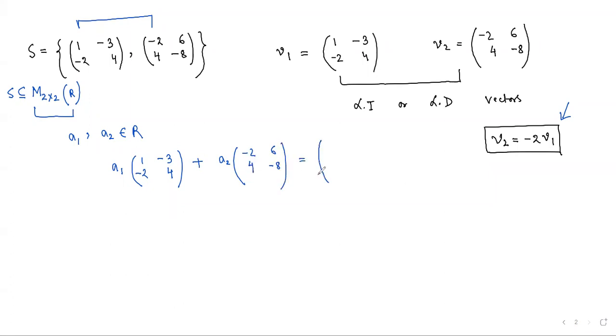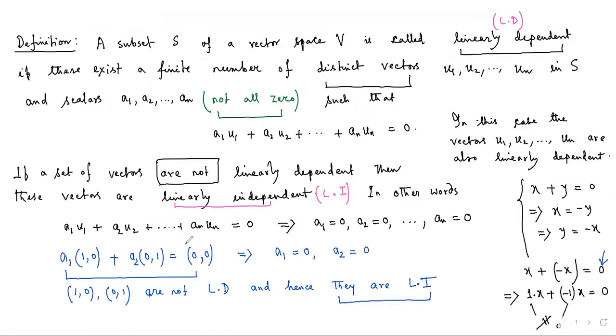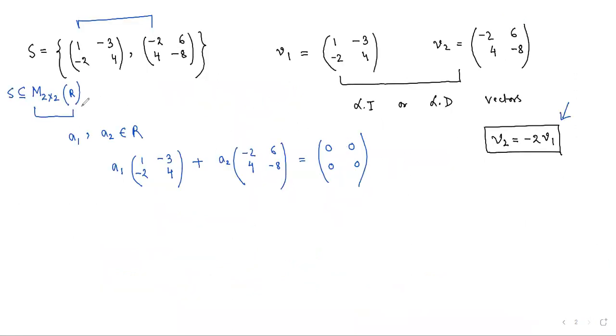Now, what is the 0 vector of M2 cross 2 R? 0, 0, 0, 0. Yeah, so the 0 matrix is the 0 vector. Remember, in the previous case, the 0 vector was the origin 0, 0. Here, the 0 vector is changing because the vector space is changing. Now, if you solve it,